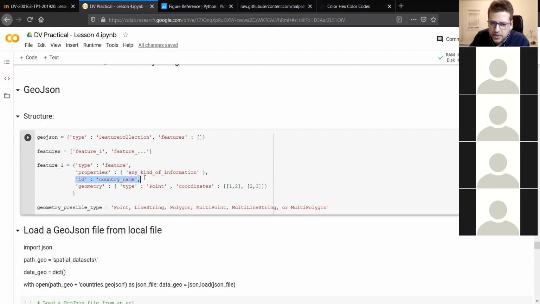The ID is something not so common in GeoJSONs, but it is required for Plotly. So this key here is how you're going to merge your information to the GeoJSON or map itself. For example, if you wanted to use the same example as before in the Choropleth with the country names, here would be the place where you put the country name so it could merge to it. The geometry key